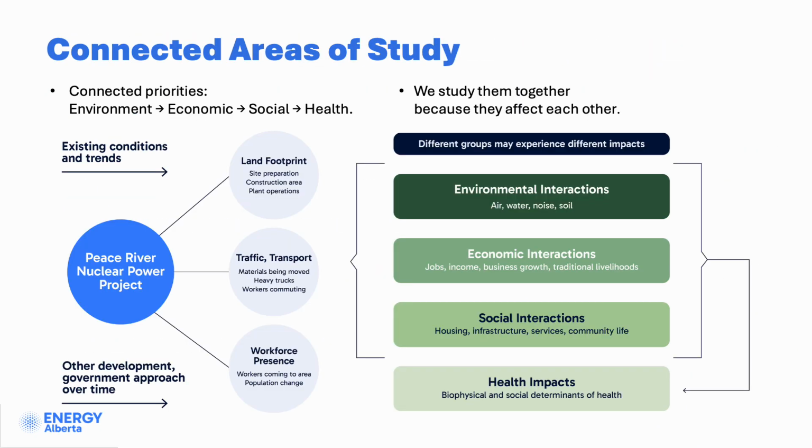Examining potential impacts to how people work and live involves looking at a range of factors in a connected way. The assessment will look at the direct presence of the project, such as its land footprint, construction and operations activities, traffic, and the presence of workers. And then it asks how the project activities could interact with the natural environment and the people in the surrounding area and region. While there's a separate presentation today on the environmental effects and studies, it's important to note that